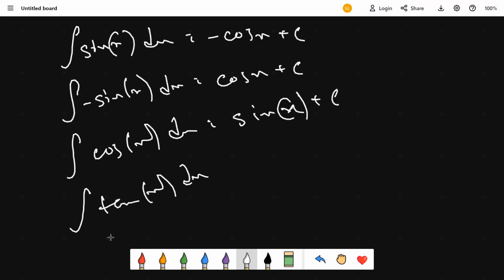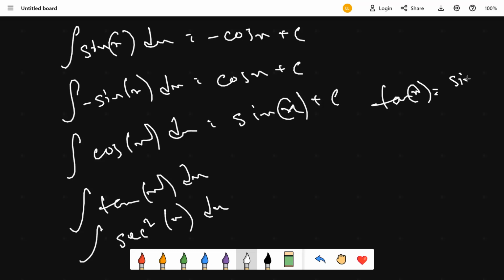And another one, like these are the common ones. Another one is the integration of sec square x dx. So what are they? Now, as I mentioned in the last class, tan x can also be represented as sin x by cos x, isn't it? So if that's the case, that means